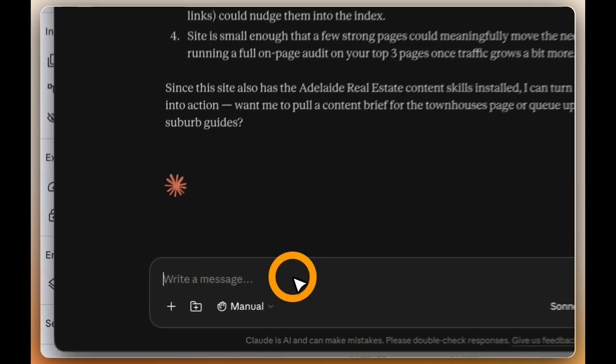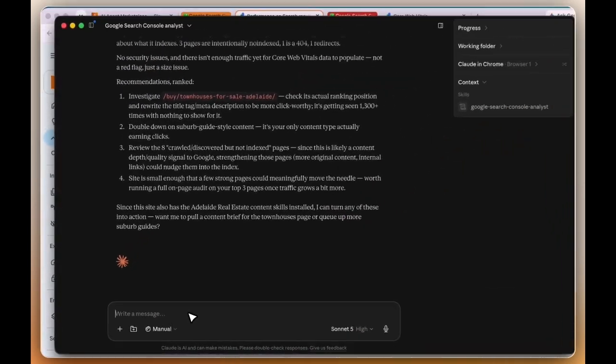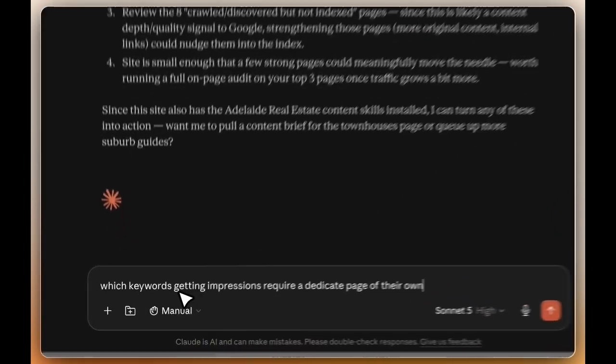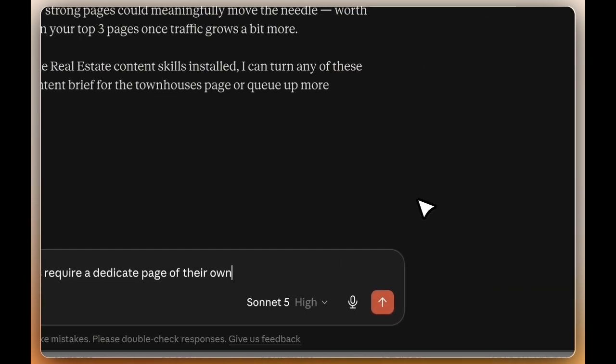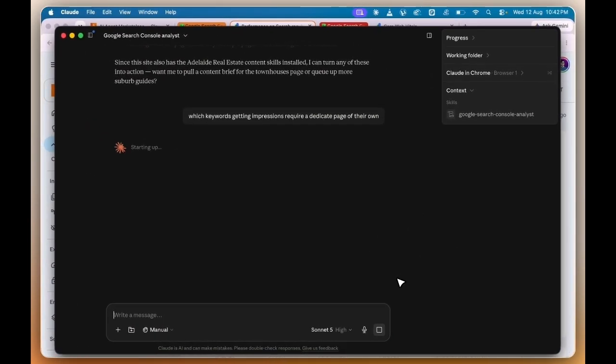Now, if you wanted, you could go ahead and ask it any question, right? Like I've added over here: which keywords getting impressions require a dedicated page of their own. So this is a lot of times us SEOs, right? We're trying to find keywords to build pages around. And instead of us having to do all this manually, you can use Claude very easily. All you have to do is download the skill, put it in your Claude, and then it's good to go,